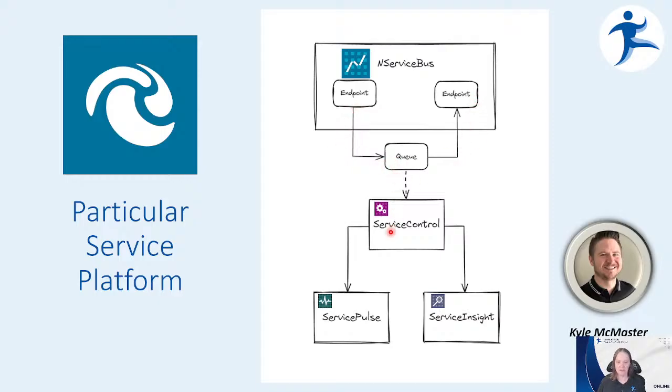Or there's this thing called ServiceControl. ServiceControl is in the middle of two other products, which are ServicePulse and ServiceInsight. I do not have a demo for ServiceInsight, but a lot of the things that I see in ServiceInsight, I also see in ServicePulse. So we'll look at ServicePulse when we get into the .NET Aspire and the Sagas part. ServiceControl is a back-end part. I might be able to show you some of the code, but just know that it's there.